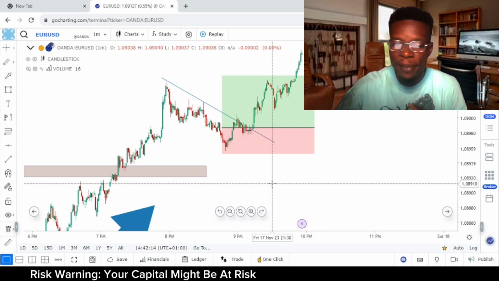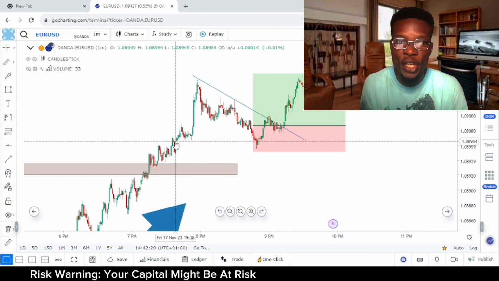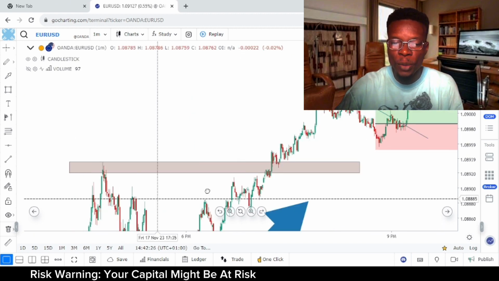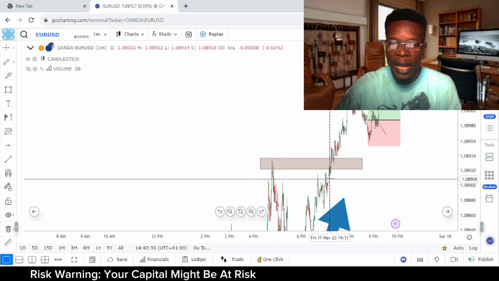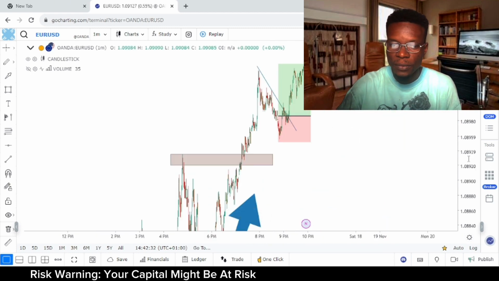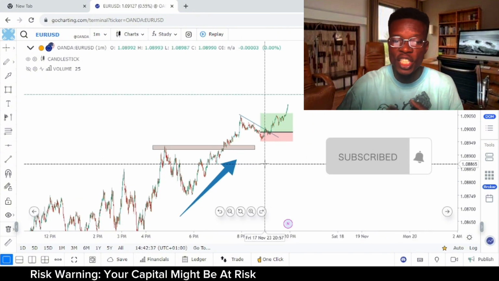The first thing when I came into this chart, I tried to understand what was actually going on with the trend, if we're having a downtrend or an uptrend. So if you look clearly, you will see that this is a very strong uptrend situation, because we are having the price creating higher highs and higher lows. So having confirmed that this is a very strong uptrend situation, the next thing we are going to do is